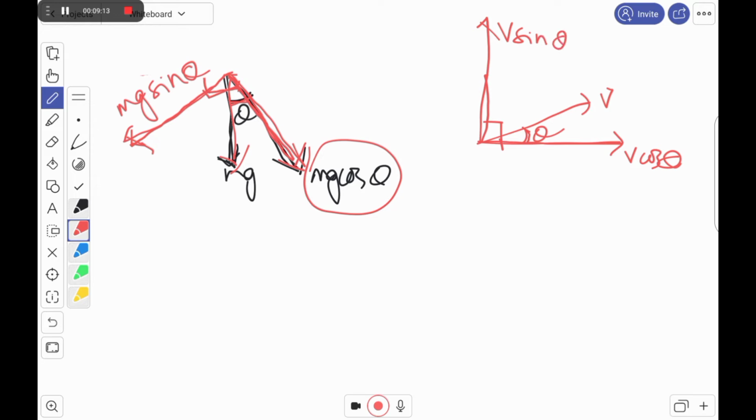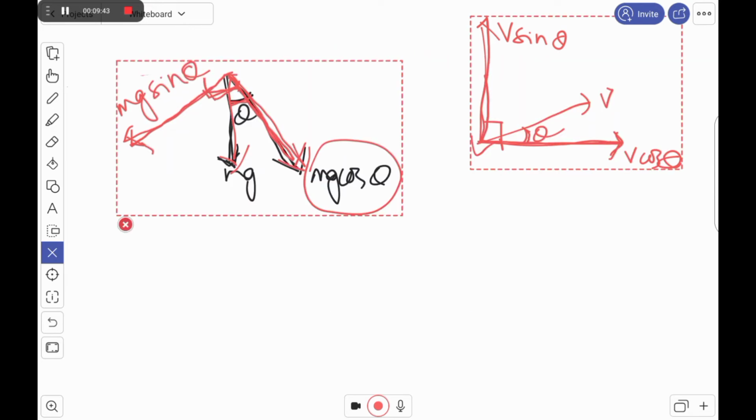Okay. Let us take another example. So what we have to do? You have to drop the perpendicular to the cos theta component. So here also drop the perpendicular to the cos theta component. You will get your sin theta component. Both the components are perpendicular to each other. That is the main thing. Both the lines are perpendicular to each other. Clear, children?